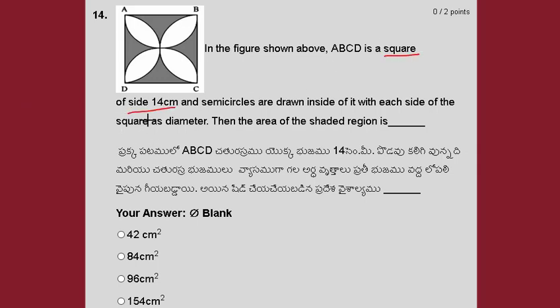We know that the side of the square is 14 centimeter. We can say DC is 14 centimeter. From that, if you take the half mark here, this length will be 7 centimeter, and also this length is equal to 7 centimeter. Let us draw a simple diagram like this. Now let us split these flower type shapes into two equal parts by drawing a line segment like this.